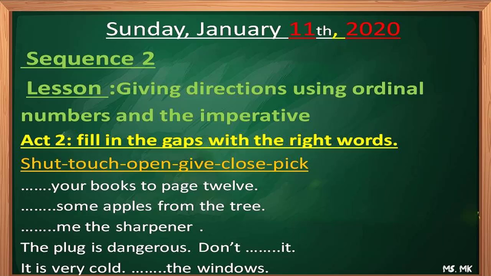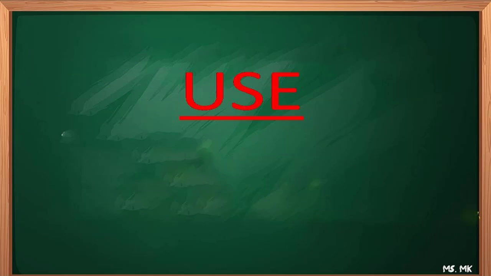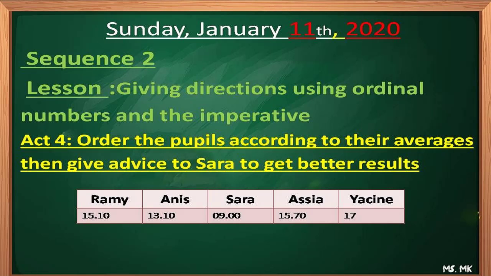Then I move to the third activity, which is considered as a communicative activity. Here I ask them to give instructions to each situation, like they're going to read the situation and they try to give the instruction. I move to the use phase. In the use phase, I have tried to combine ordinal numbers and imperative in one activity, trying to make my